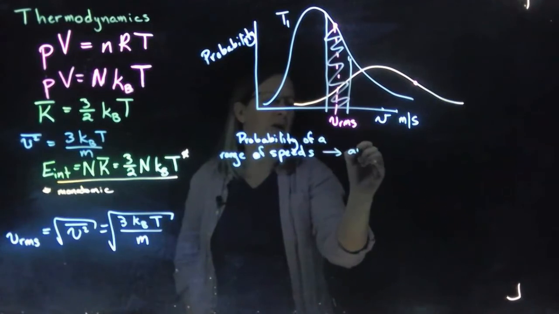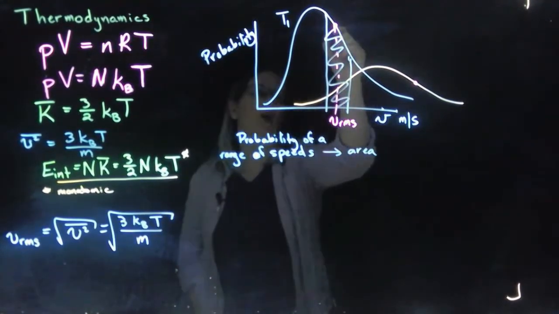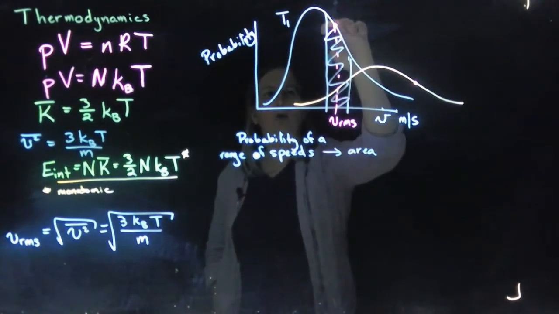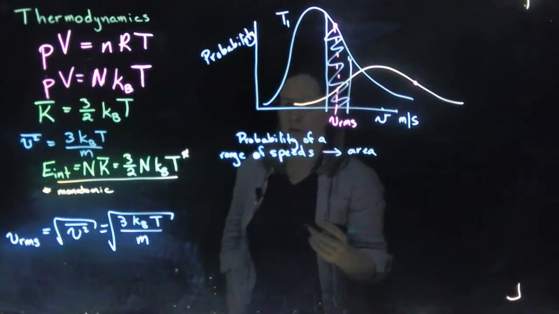Or mathematically, that would be an integral, right? The integral under here tells us how likely it is. Maybe this is 20% of the total area. So the total area,